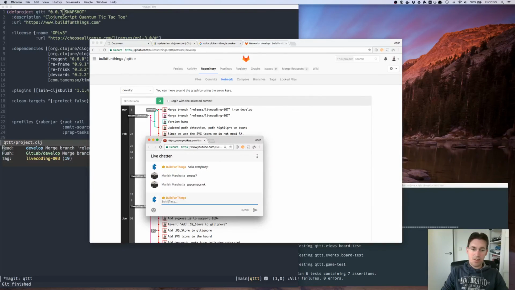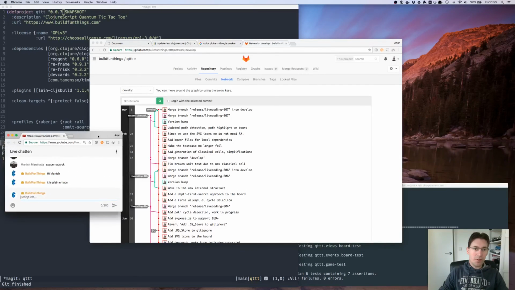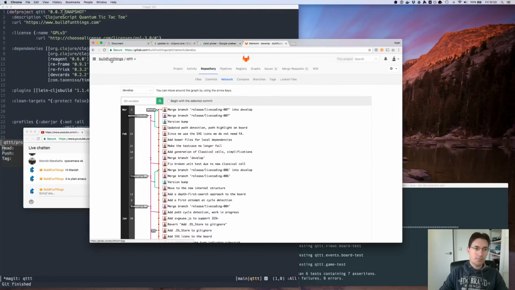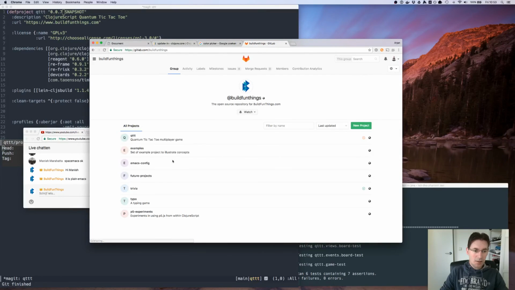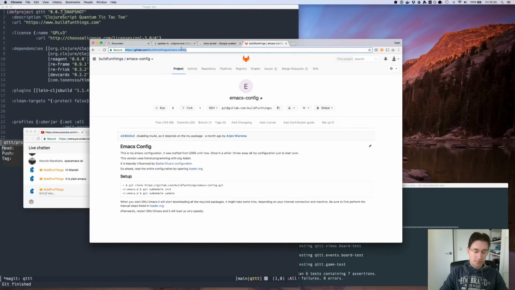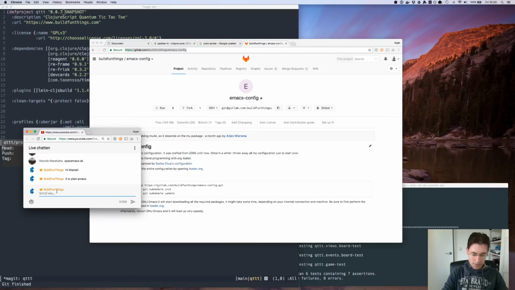Spacemacs? No, it's just plain Emacs. It is plain Emacs, and the actual configuration is also right here, config. There we go. So yeah, we'll leave it at that